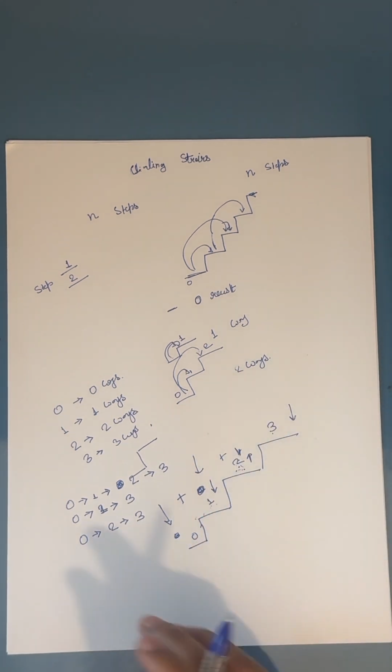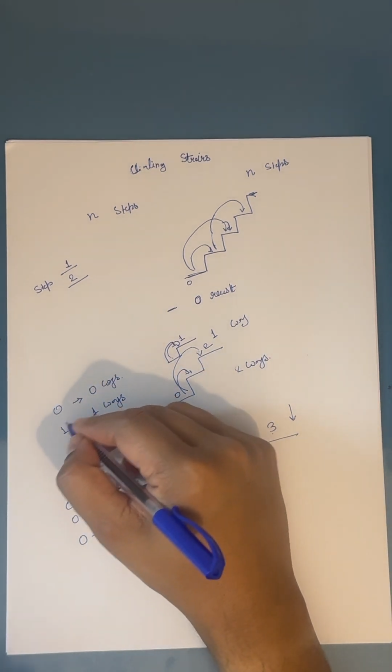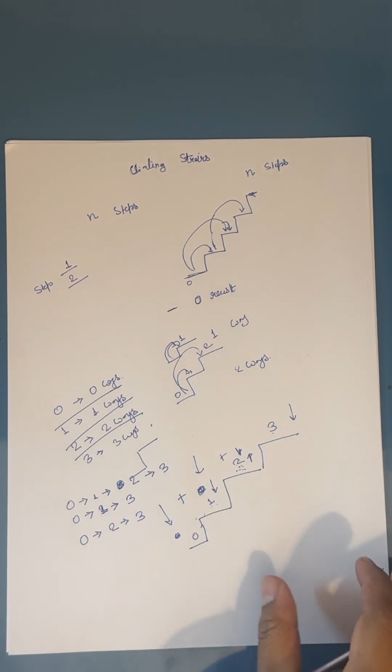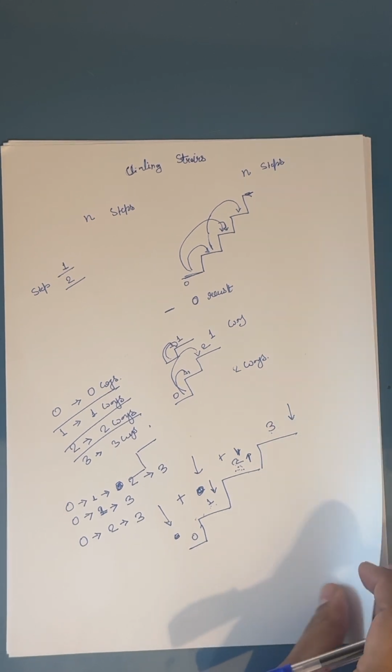So this way we generated the relation, and these are our base conditions. So we can see that this is an example of a proper recursive program. So what will be the solution of this? The solution of this is